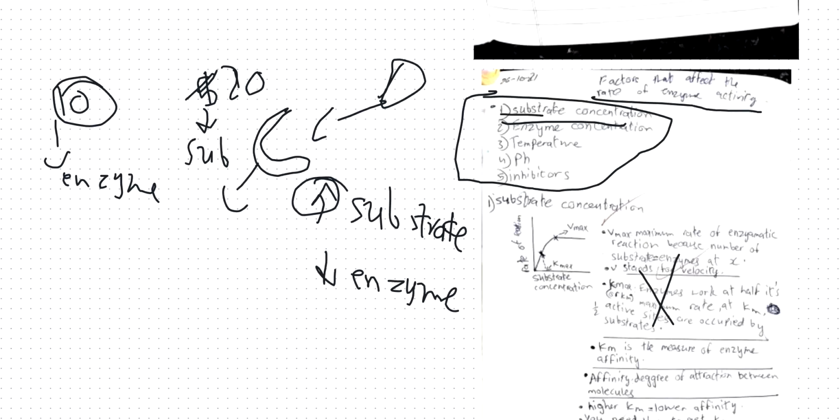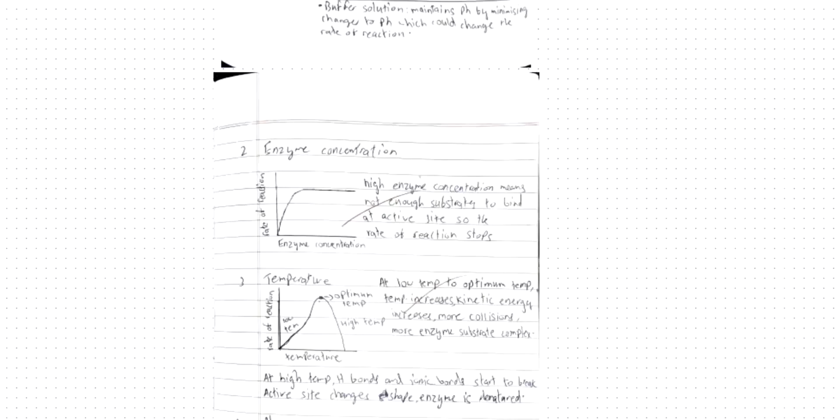What is enzyme concentration? Enzyme concentration is that if you have a high concentration of enzyme, then this means that not enough substrate is present to bind to all the active sites. So the rate of reaction basically stops. So if you increase the enzyme